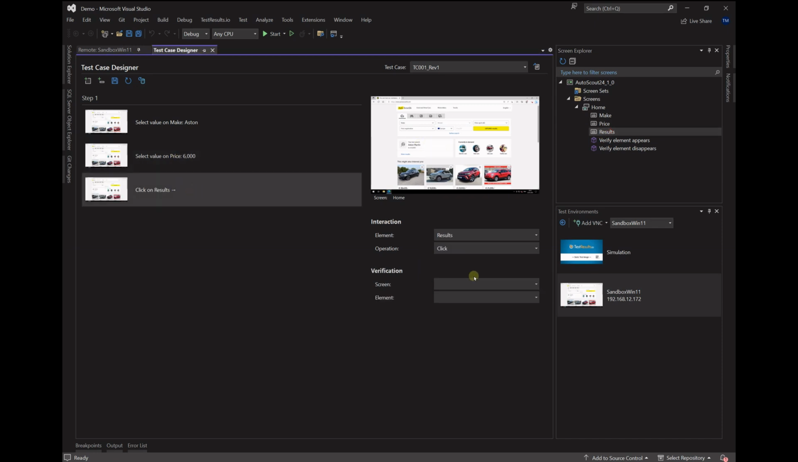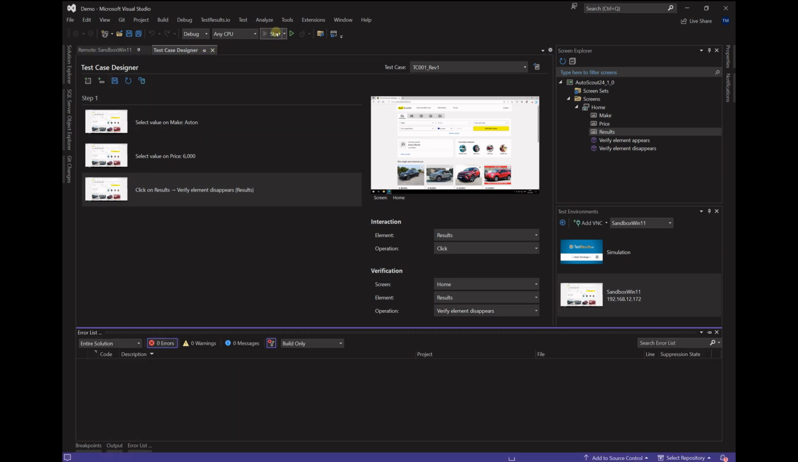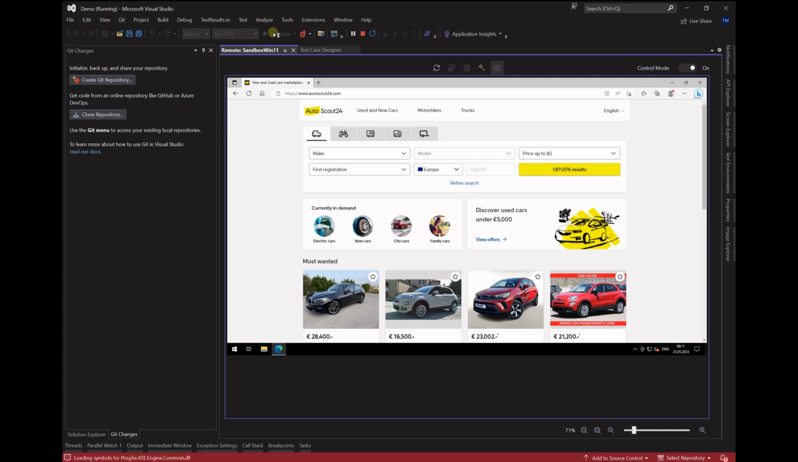So we click on the results button, and we expect that if I click on the result button, that the result button disappears because we go to the next page. And that is exactly what we want to verify here. And that's it. So the test case is created. We press save and execute it against the live system. Now we connect to the remote system